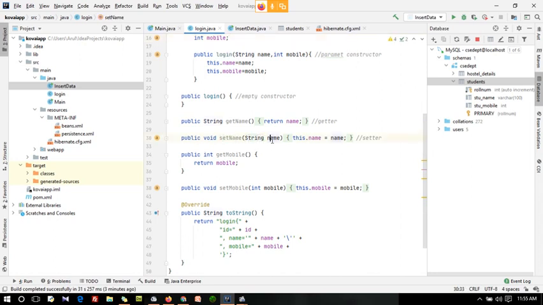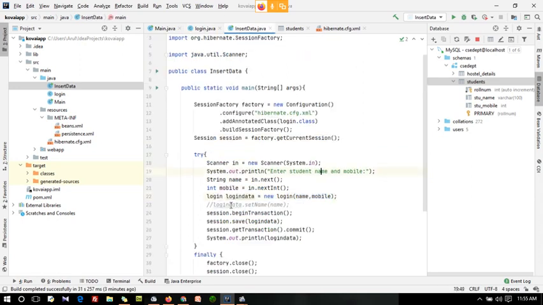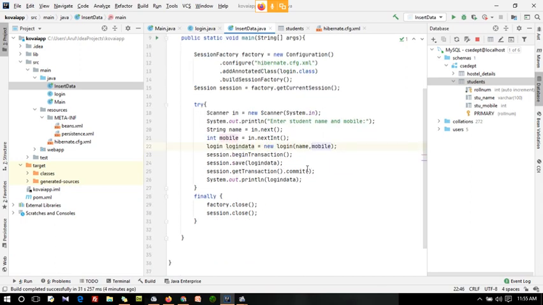This will get passed and the value is assigned to this name. So you can also do both the methods. I'm just going to try the value passing to the constructor. I'm just going to run this now. I'm just executing this.